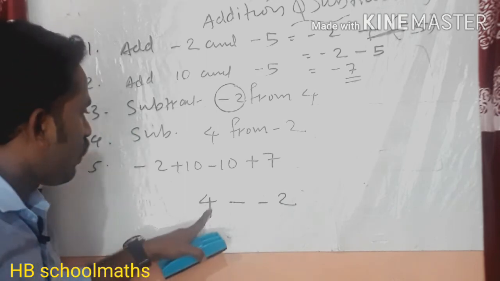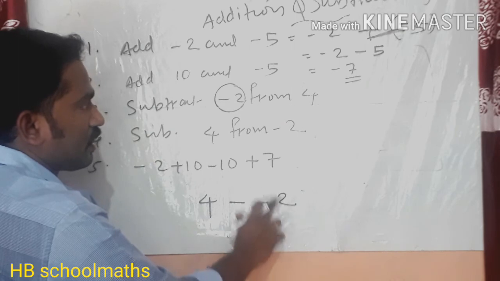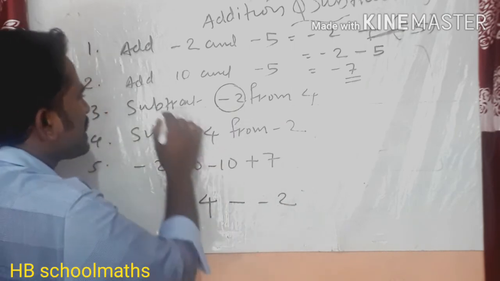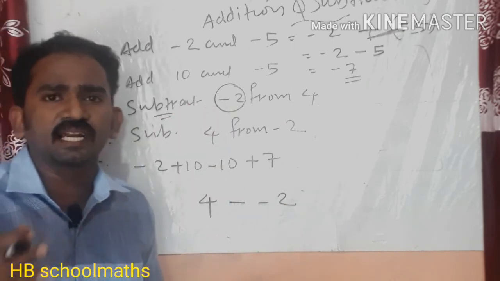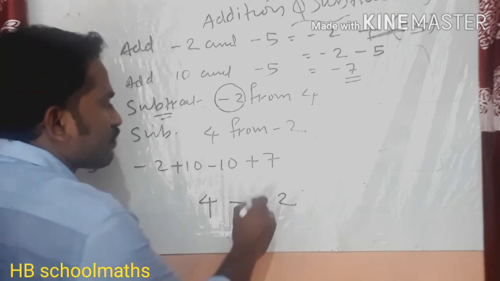See here, actually 4 is the first number, to be subtracted from. And the next number is -2. This is the subtraction sign only. So generally some questions say subtract 10 and 4, so 10 minus 4 you will write. That minus is this one, so this is the subtraction sign only. This is the sign of the next integer only.